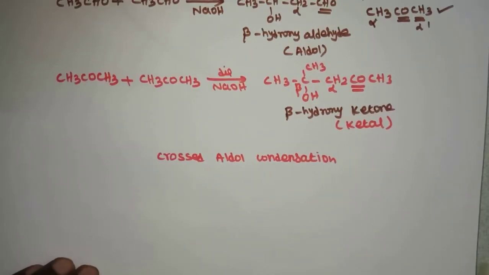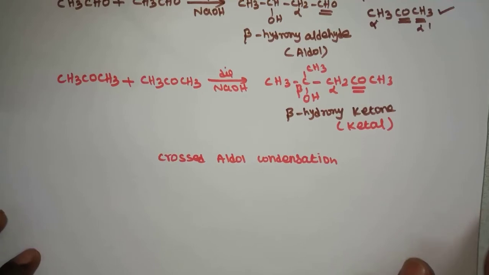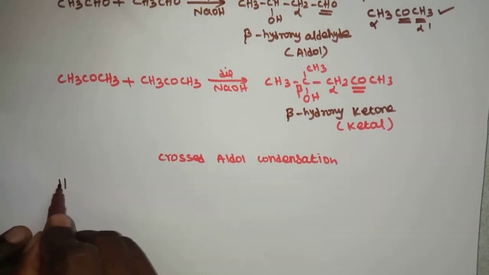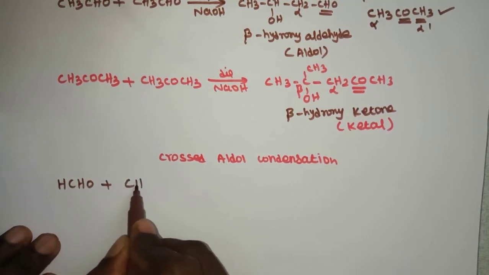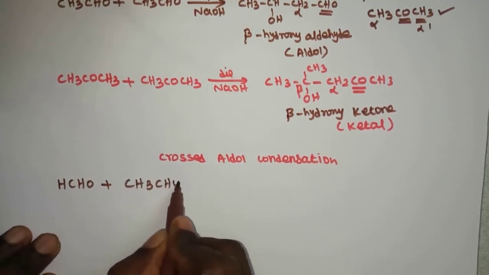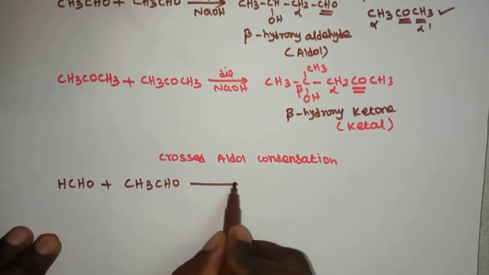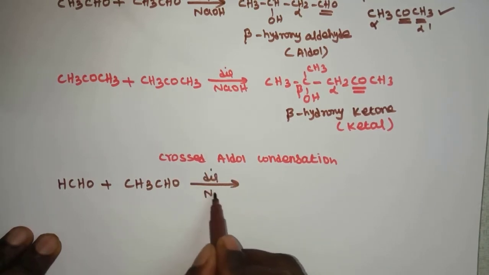Next one is crossed aldol condensation. Aldol condensation also takes place between two different aldehydes or two different ketones, or between one aldehyde and one ketone. Such type of aldol condensation is called crossed aldol condensation. An example for crossed aldol condensation is the reaction between formaldehyde and acetaldehyde. HCHO is formaldehyde. Formaldehyde reacts with acetaldehyde, CH3CHO, in the presence of dilute sodium hydroxide to form